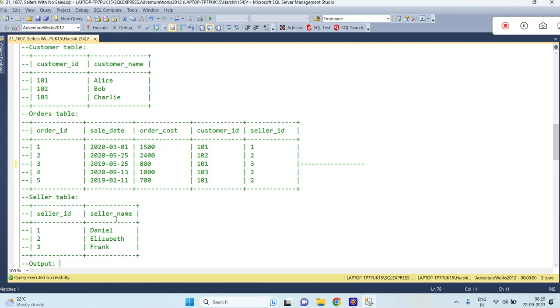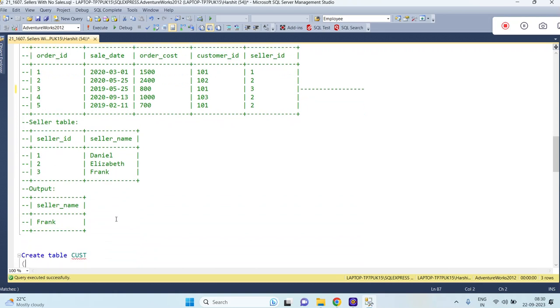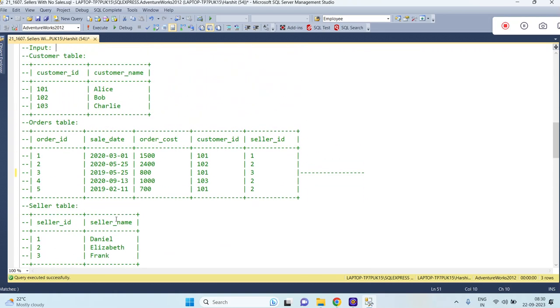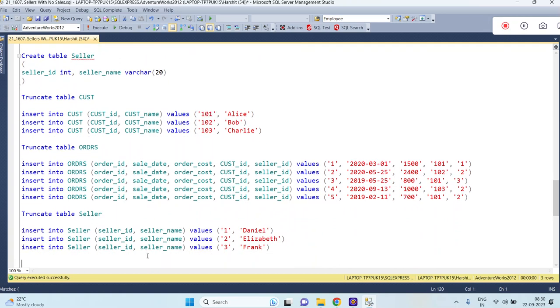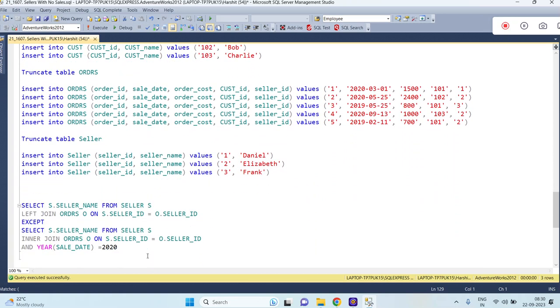So now we need to go to the seller ID, and then with the seller ID we need to look up into the seller table. We have to identify the three, and then Frank. So Frank will be our answer, right? Now how can we get to that? So basically, firstly what we need to do,